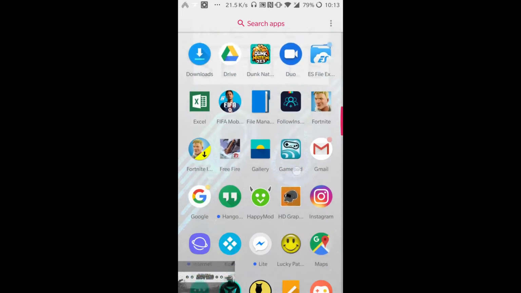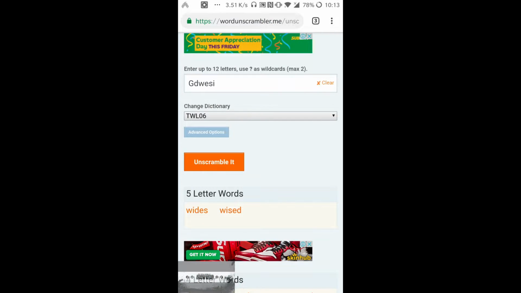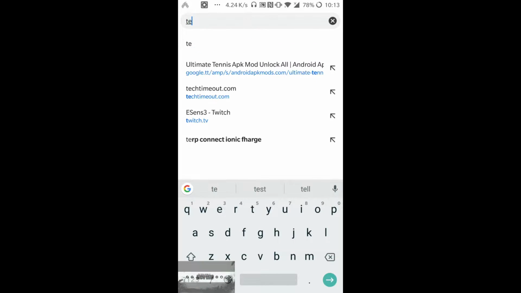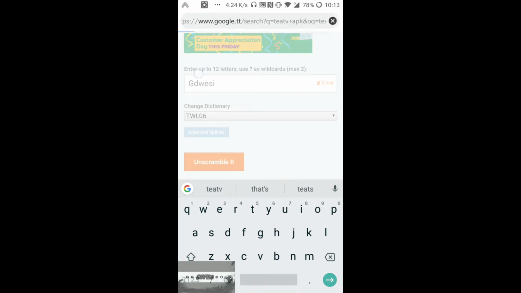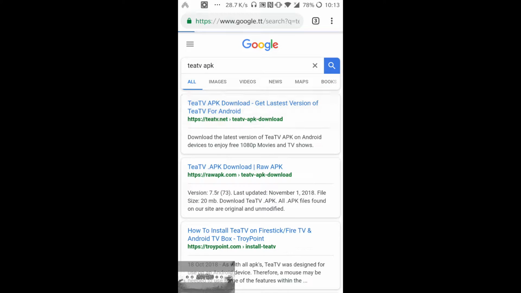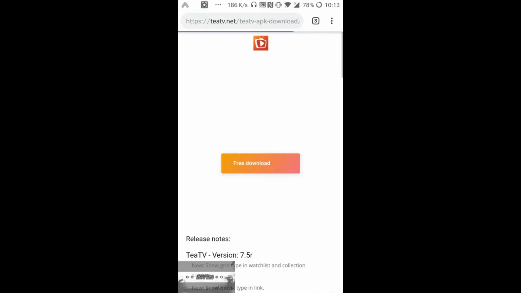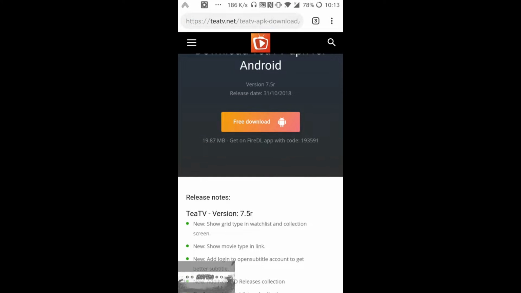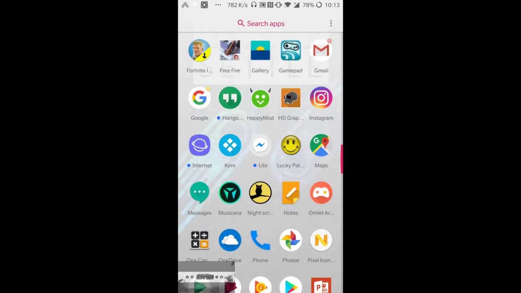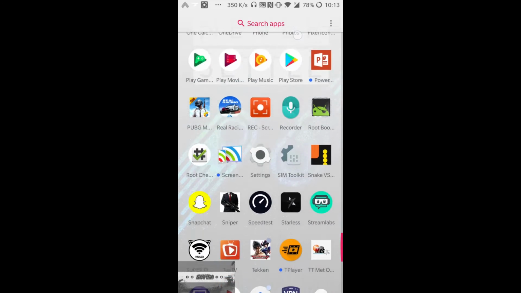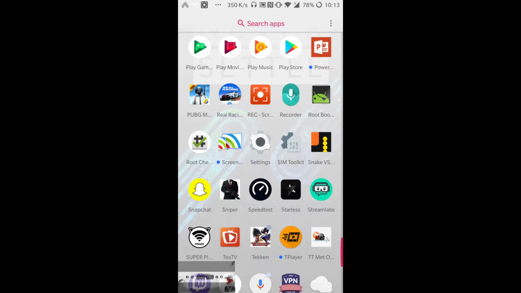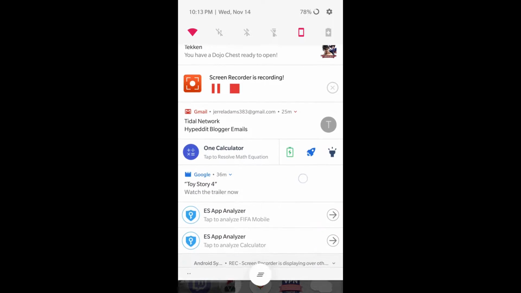Then you need to go over to TEAtv, right? Download the TEAtv APK. After that is done, you go over here, right? Then after, you head to your computer, which is another